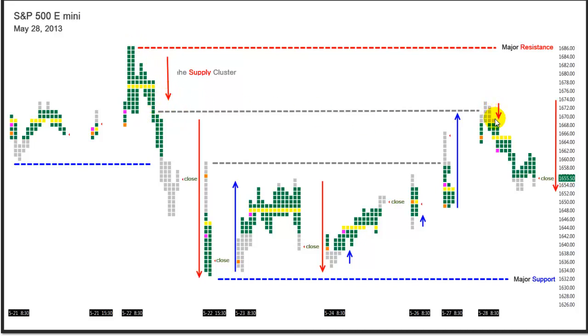The market sold off from its retest of resistance, traded back down below the two-day high, did not trade down to fill the gap at Friday's close down at 1650, held slightly above there, auctioned back up again to 1662 before ending the session at